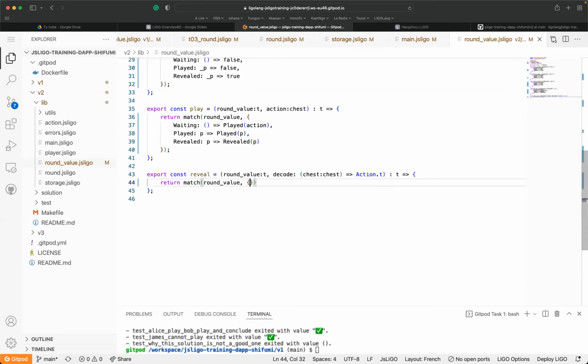Okay. So if we are in a waiting status, sorry, we still stay in the waiting state. Sorry, it's 0. So we still stay in the waiting status, of course.